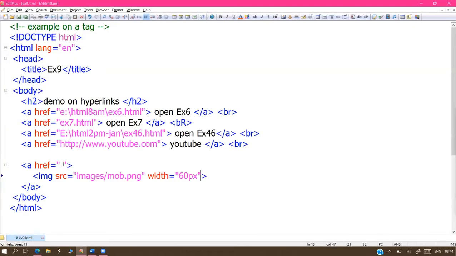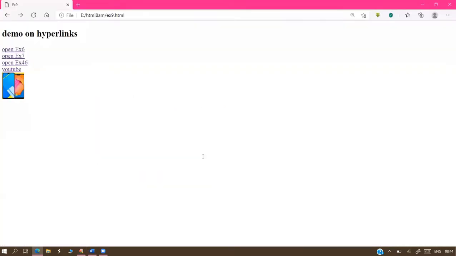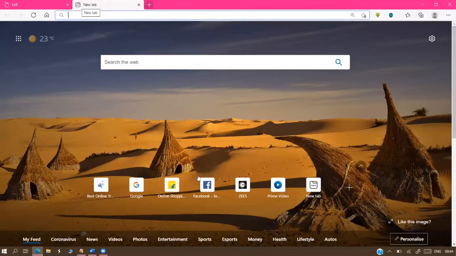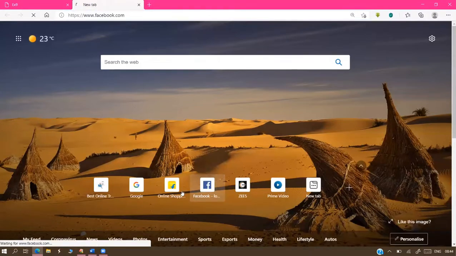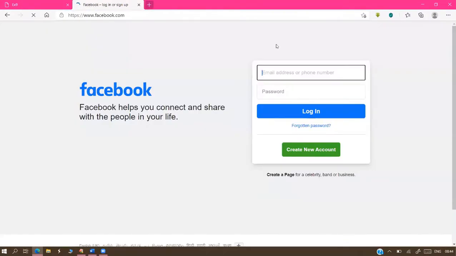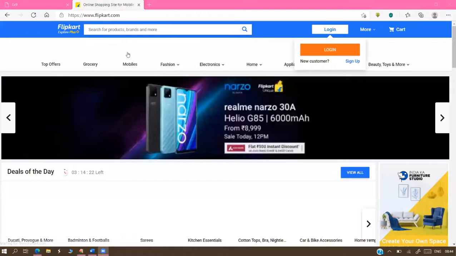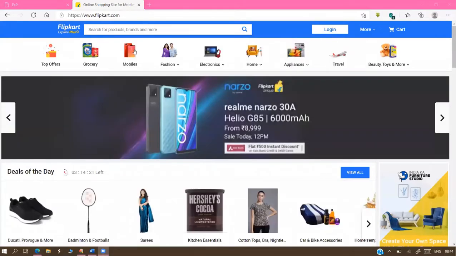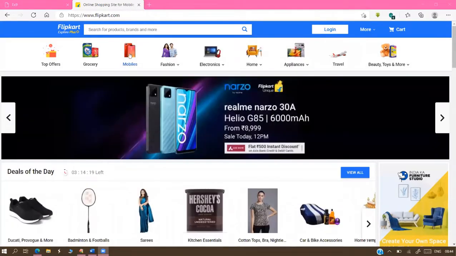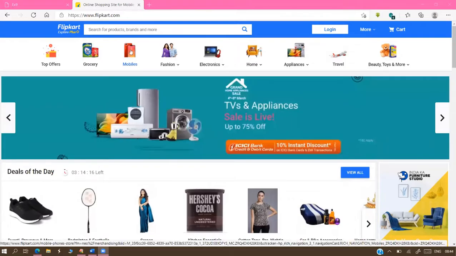Which one, sir? Can I directly call Flipkart only, sir? Why not? This is a mobile image. When I click on this mobile, sir, I want to get all the mobiles listed. Then what to do? Copy the address from Flipkart. The same thing we can also apply here. Flipkart, Amazon, your interest. What we have here, exactly the same thing I designed. My image and their image are different, that's all. But the image concept is the same.